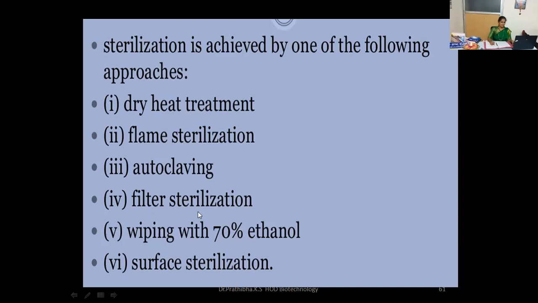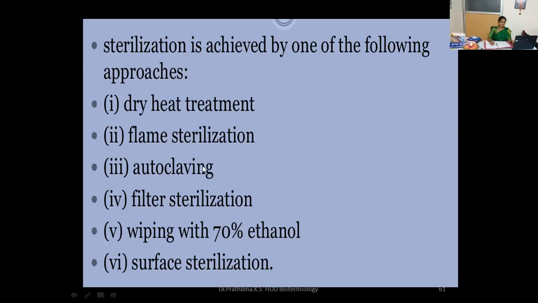That fibrous filter sucks the air present in that enclosed chamber and blows sterile air which is ultra pure. Okay, then that will be free from any kind of fungal or bacterial contaminants. So that's why this laminar airflow system plays a very important role as filter sterilization, which removes the larger particles and makes sure that the air is free from microns of dust.